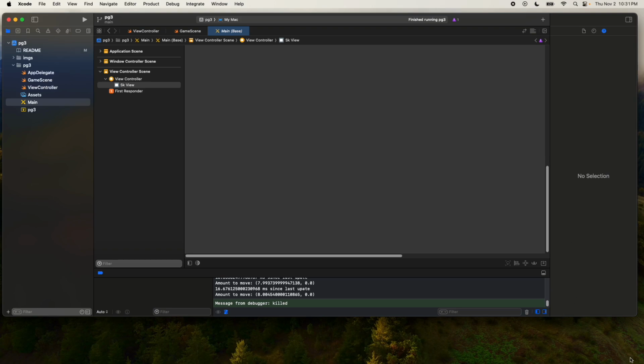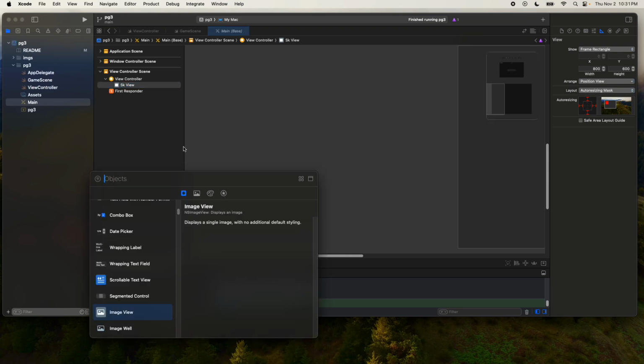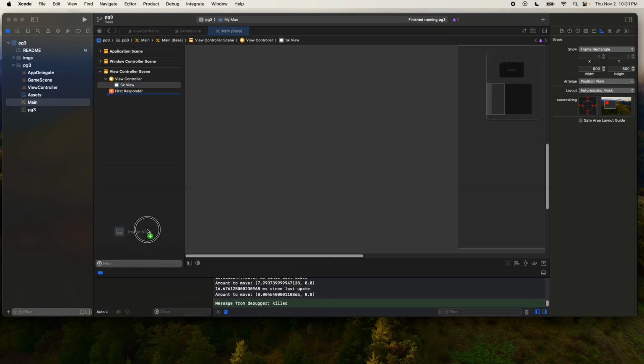But anyway, I never saw that thing over here, and I was just clicking around because this apple turns out it's here. So you can add the image view, you can drag it in. I'm not going to drag it in because the next thing is